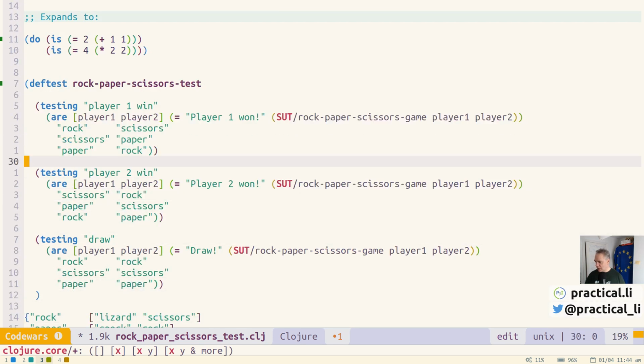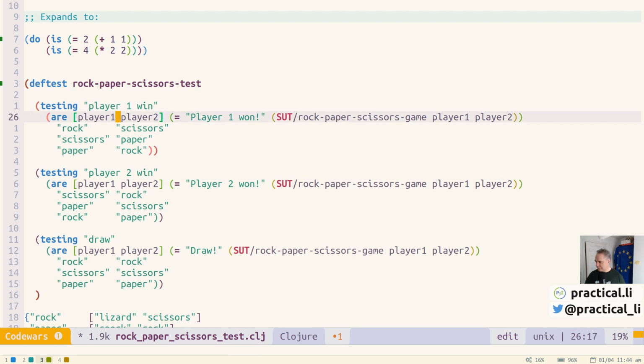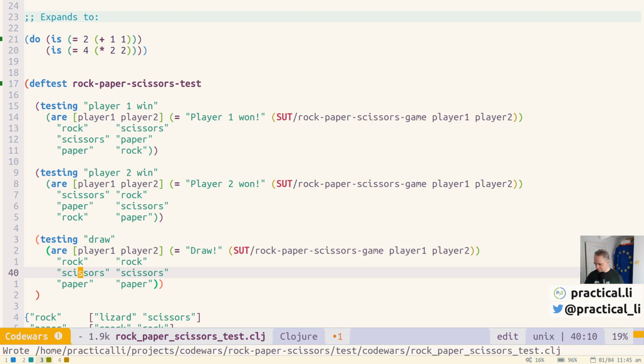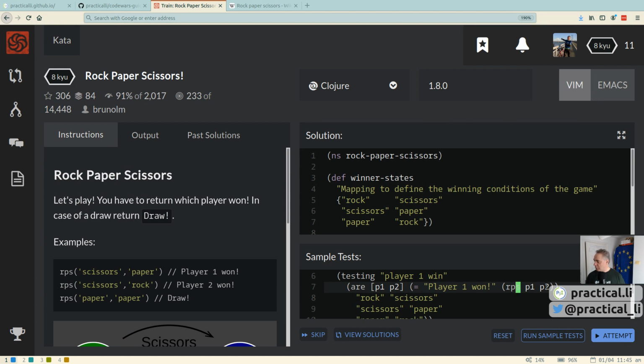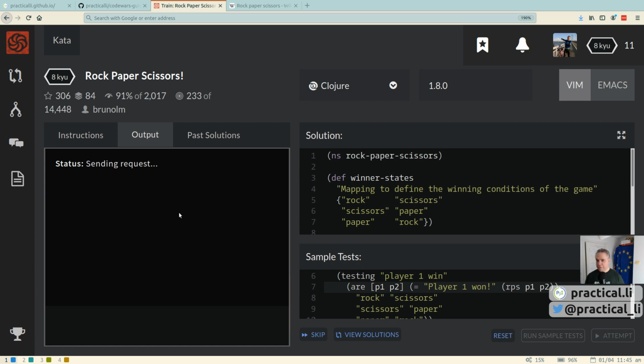So we've got player 1 winning. It's just calling the rock, paper, scissors game with 2 arguments, and then seeing what it gives for each of these. So player 1 should be winning on each of these, and then player 2 for this one, and then draw for this one as well. So let's switch back to Codewars, and we can run our sample tests here, and it will give us some output and tell us whether we've